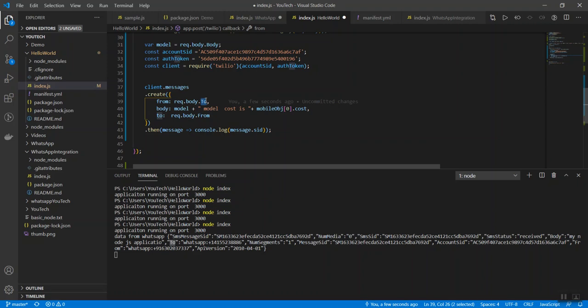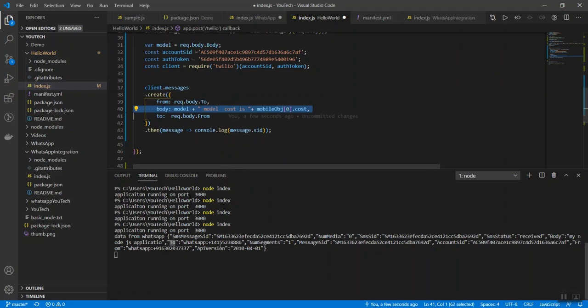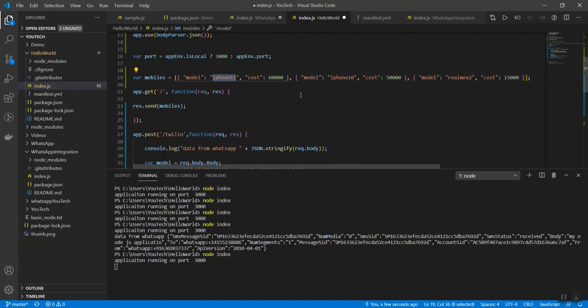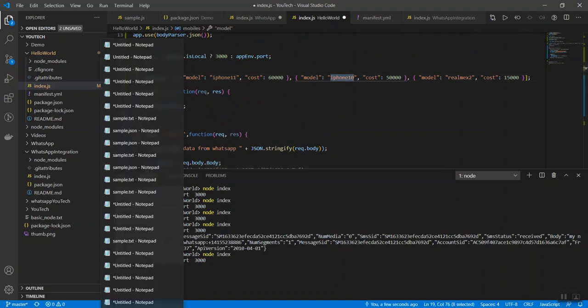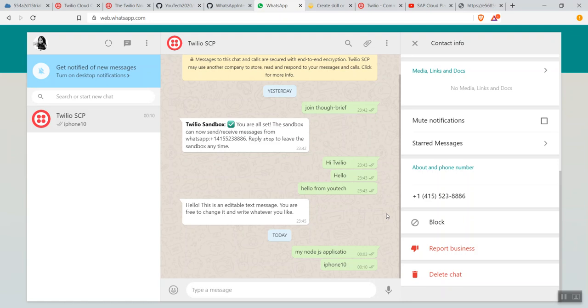So this is where we are doing it, and this is the message which we would like to send. So I think we are good now. Let's start this project again. So again, node index. Now take this model, I want to know the cost of iPhone 10, for example. And go to our WhatsApp Web here. So enter iPhone 10. You guys now see this iPhone 10 will be received by